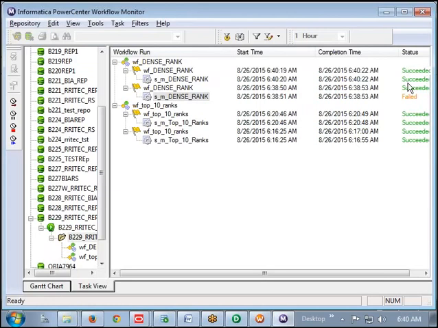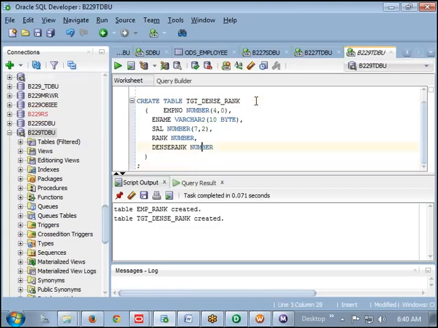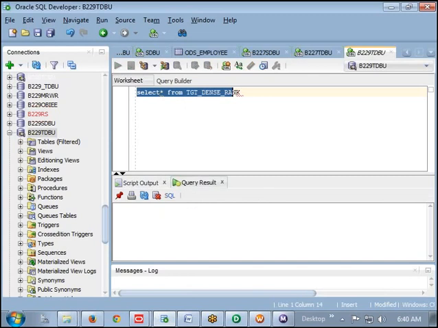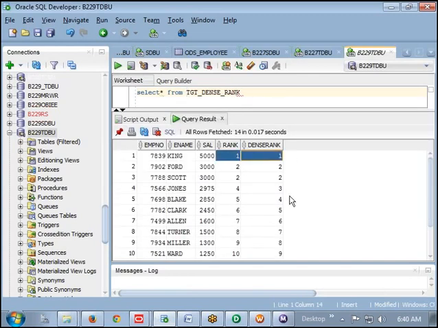It is executed successfully. Now go and observe your target table data. Select star from it. Now see here, did we get the result properly or not?